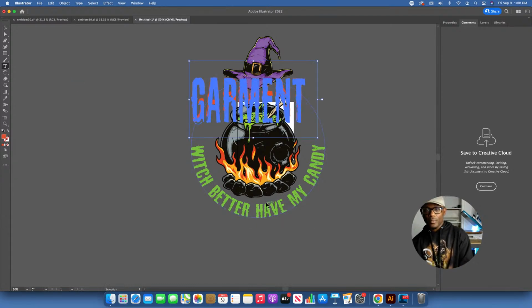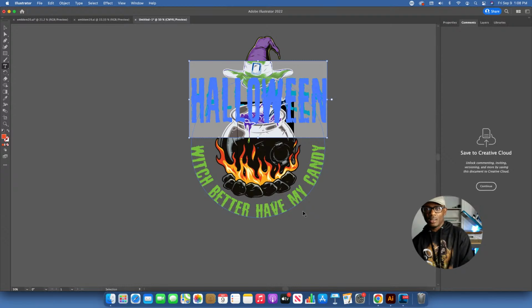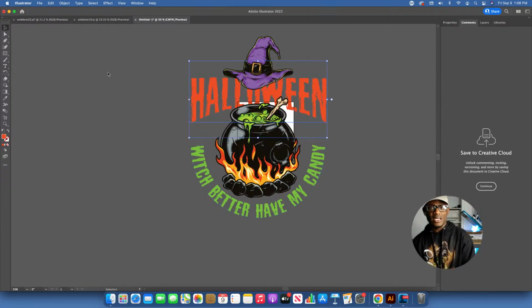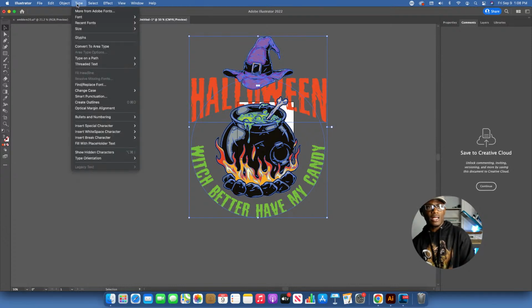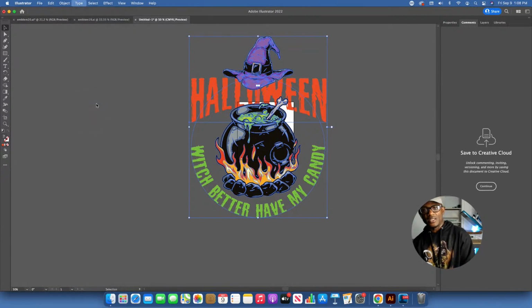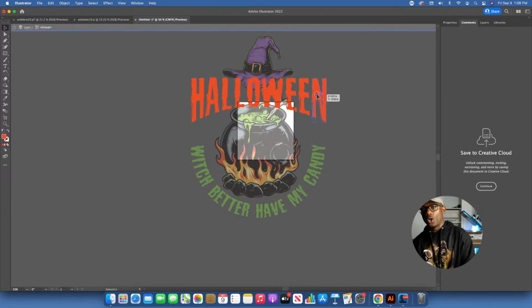But if I convert this text into an outline, Create Outlines, I can no longer go in here and change this text to anything else, because now it's a shape. No matter what computer I open this on, it's always going to open up like this because it's now a shape.